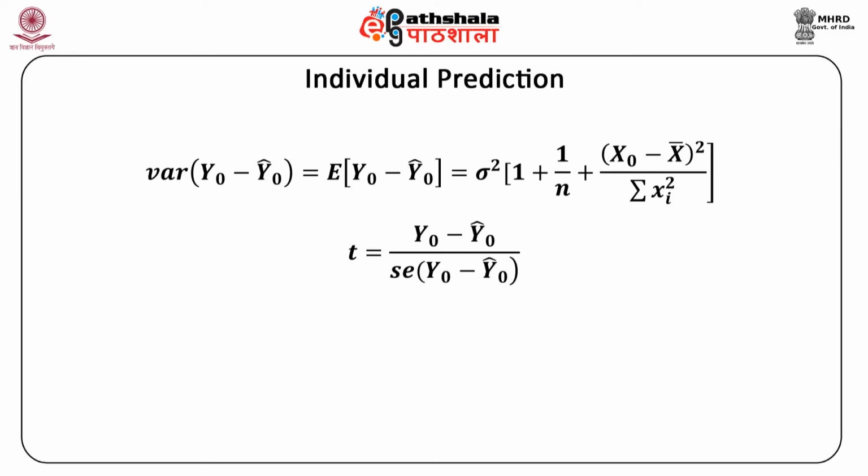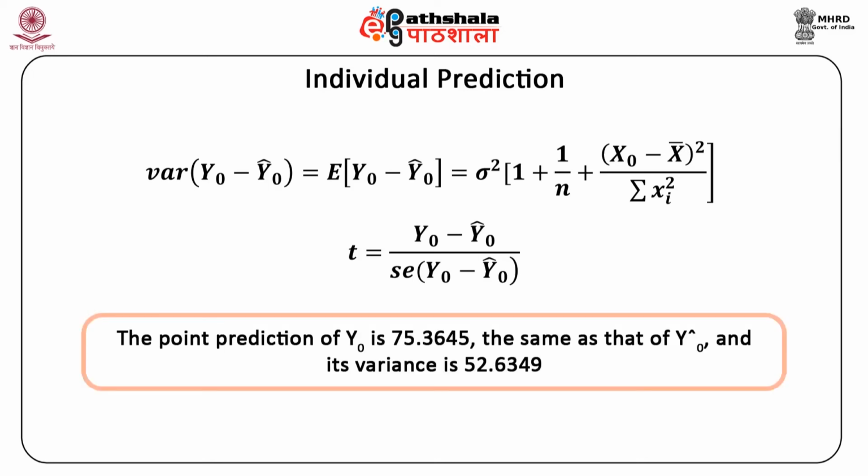Continuing with our consumption income example, we see that the point prediction of y0 is 75.3645, the same as that of y0 hat, and its variance is equal to 52.6349. Therefore, the 95% confidence interval for y0 corresponding to x0 equal to 100 is seen to be: y0 given x0 equal to 100 is greater than or equal to 58.6345 but is less than or equal to